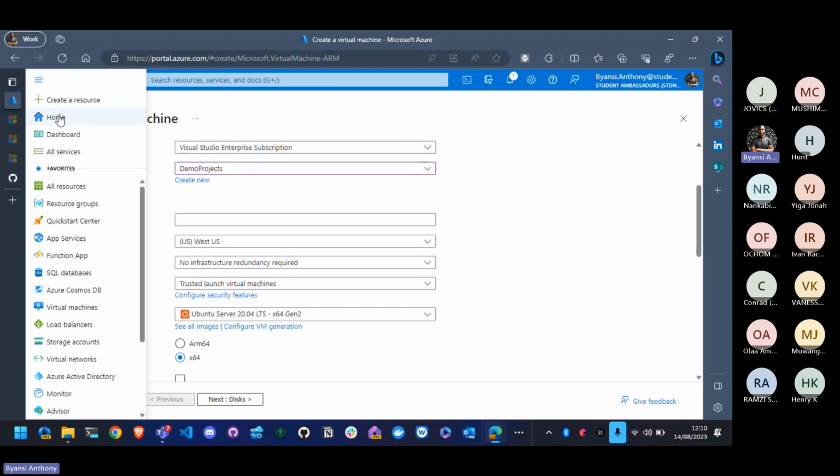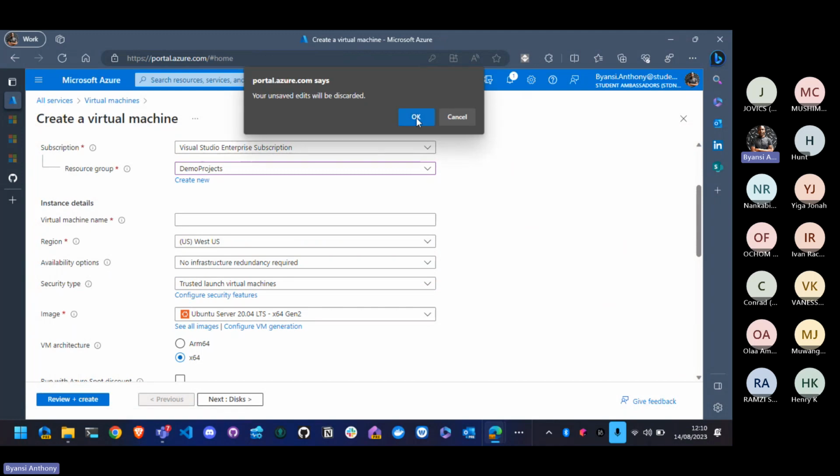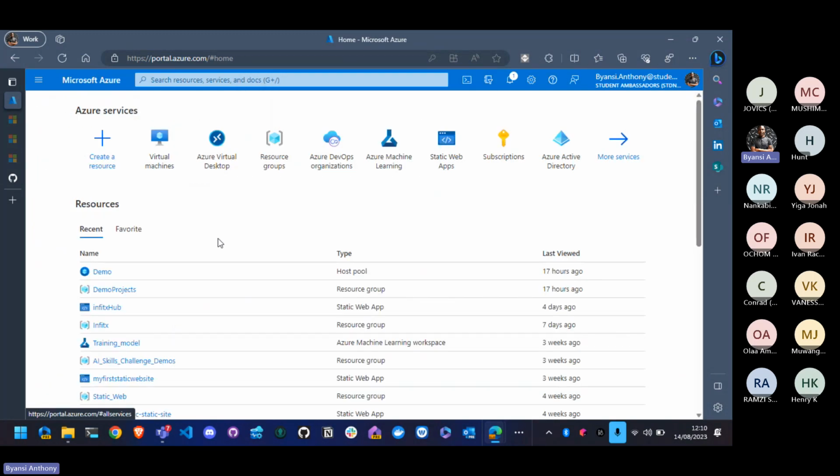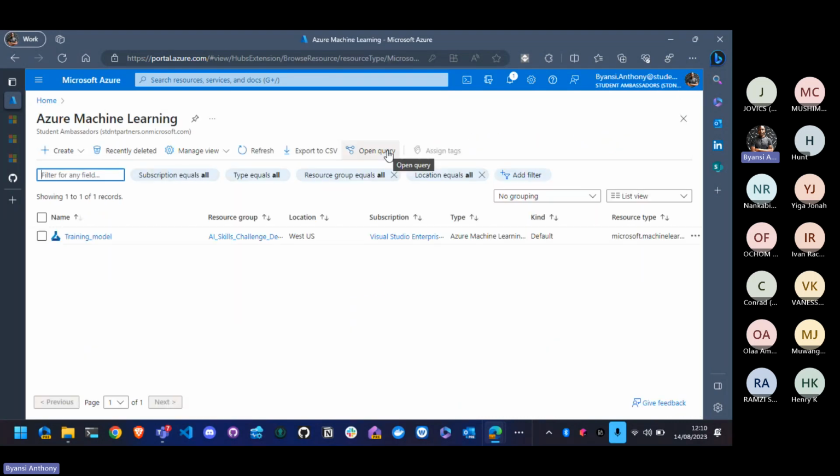But essentially, if I go back to the dashboard, you could choose other resources that you want to use. Suppose I want to get started with training a machine learning model. I could set up my Azure machine learning resource group. So I could just go ahead and click create